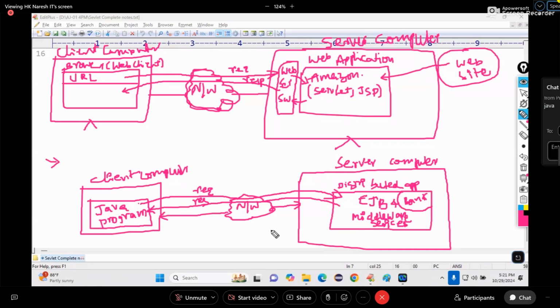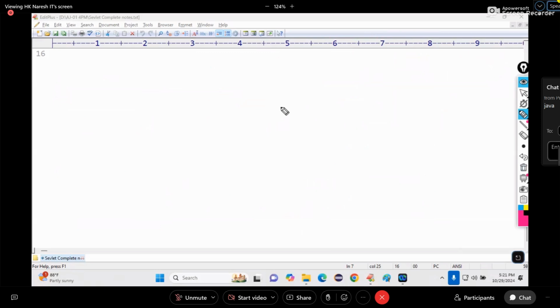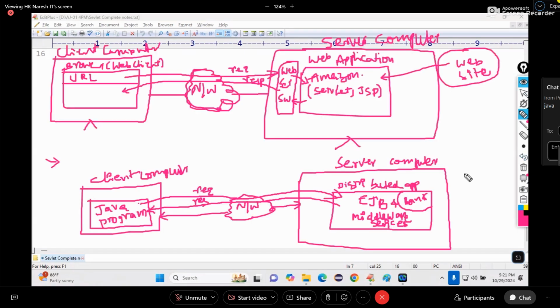Distributed. A program that has a browser as a client is called what? Web application. Clear? Diagram completed. Next, interoperable application.